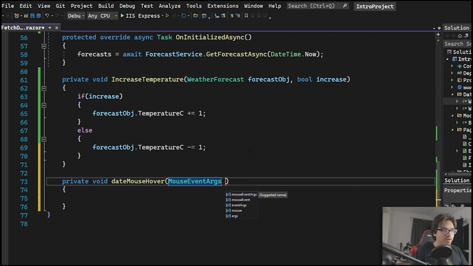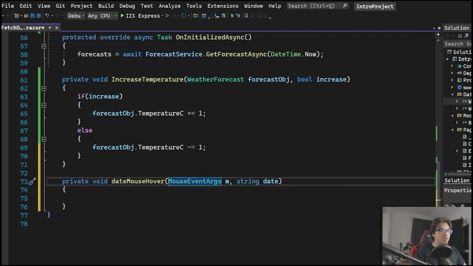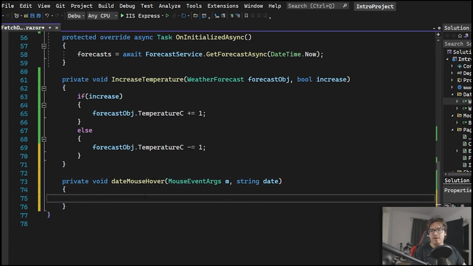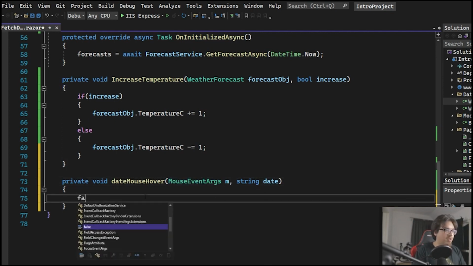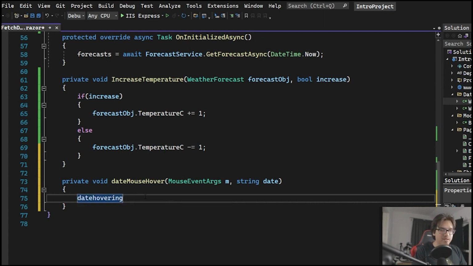This is the mouse event args class. We're going to call this M, and then we're going to call it string date. So we're just passing in the date, and we're going to get the actual value from the mouse event itself. And the reason why we want that is because we want to know the position of the mouse. And that is one of the properties within this event, that is in this class, that the event can bring you. So we're going to add the date, and then we're going to add something like this. Just follow what I'm doing. We're gonna slash. We're gonna call it mouse coordinates